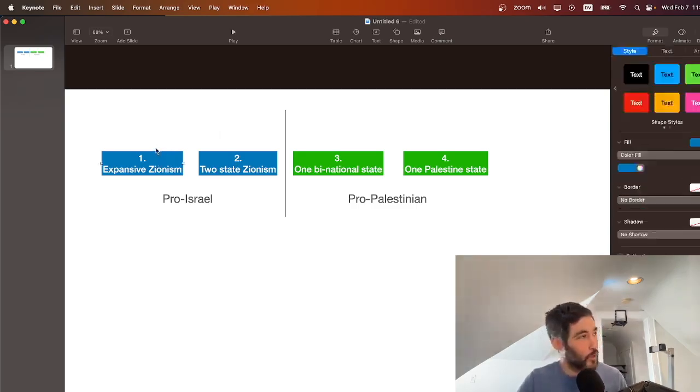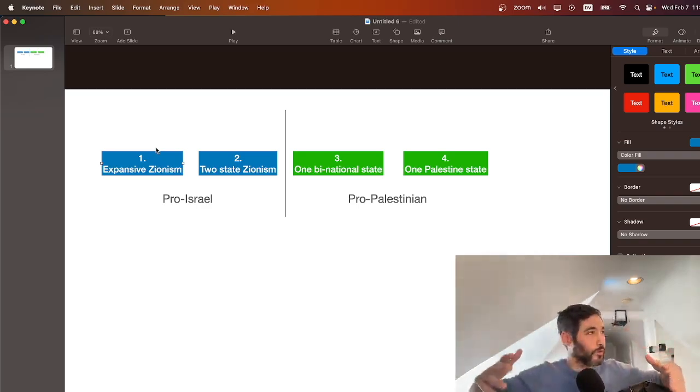So this is like the Trumpian kind of view within Israel. And I say that because in the Jewish world, where I live, the overlap between this expansive Zionism and support for Trump in America among American Zionists feels almost one-to-one, right? There's a huge amount of overlap.